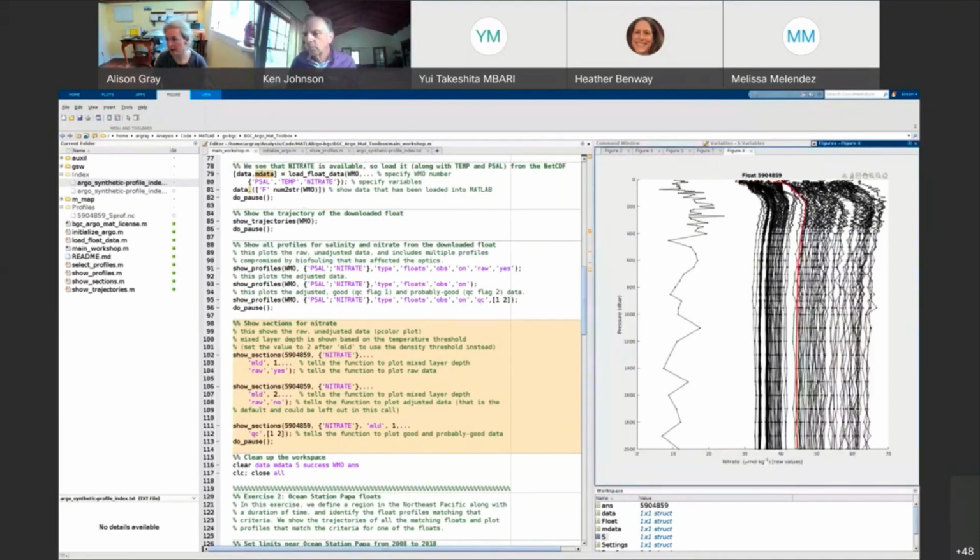So the first plot of nitrate is just the raw data. And you can see there is a lot of drift in this sensor. It's all over the place. This is not looking like good data, right? Sorry. Yes, this is an early SOCOM float, and the nitrate sensor was not at its best. But we luckily can still use some of the data because we can, if we look at the adjusted